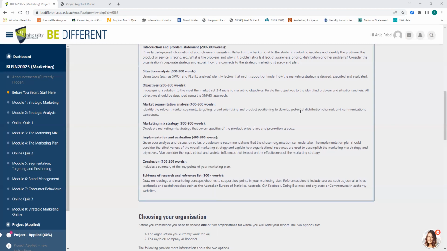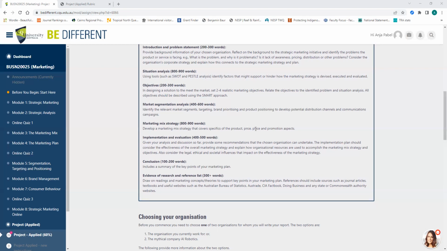Then your marketing mix strategy needs to cover any specifics in relation to the 4 Ps. So the product, price, promotion, and place, or distribution aspects. Your implementation and evaluation strategy should provide some recommendations on how your chosen organization should actually go forward in their marketing campaign. The implementation plan should consider the effectiveness of the overall marketing strategy and how it may actually relate